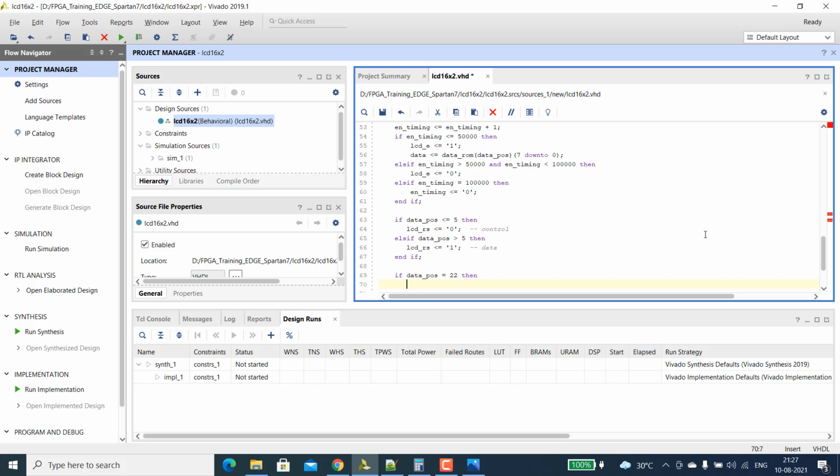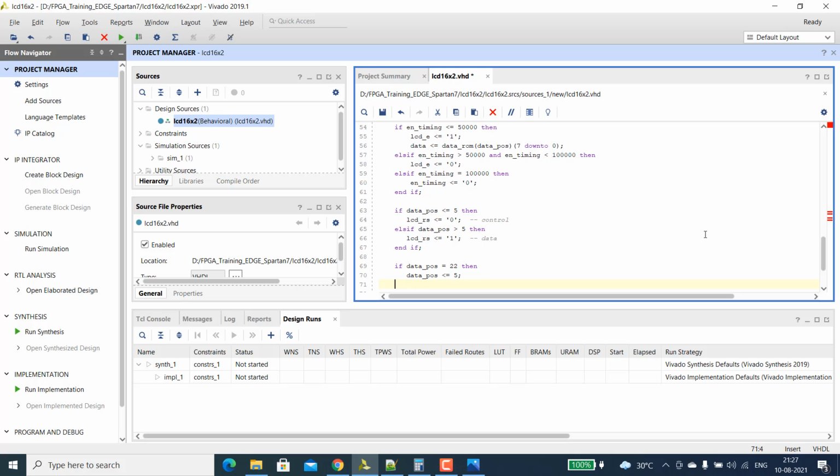After that we don't require those 5 control signals, so we have to reset the data position to 5 and repeat that process. For every data that is printed after sending control signals, it will print up to 22 data. After that it will be reset back to 5, so again print the data.